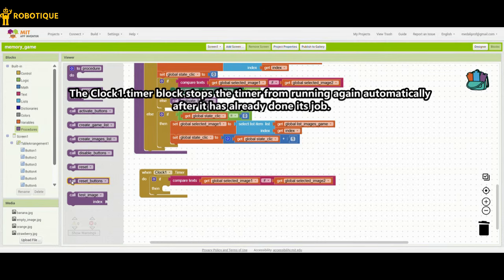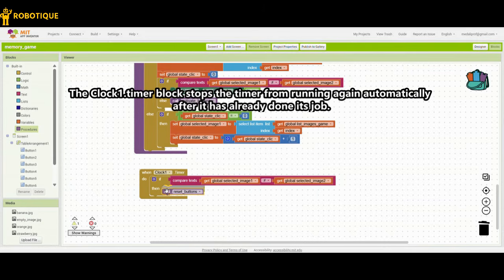The clock1.timer block stops the timer from running again automatically after it has already done its job.